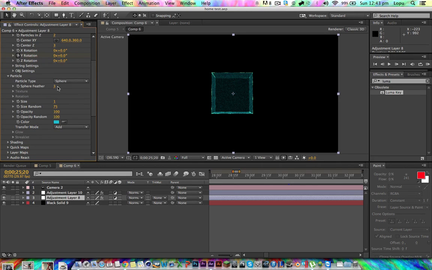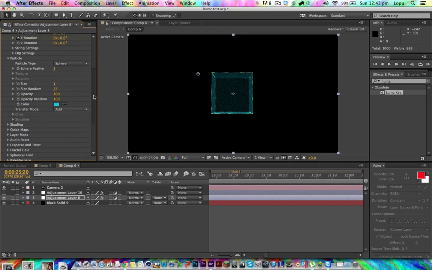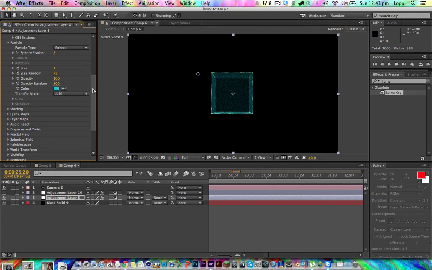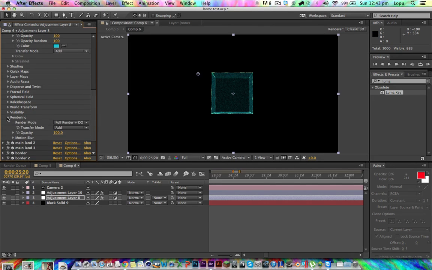The sphere feather is 3, which I don't think it was in the other one. But yeah, you can see size random is on 75, which probably helped with that. Yeah, the color's pretty blue. Rendering we have add too. So yeah,